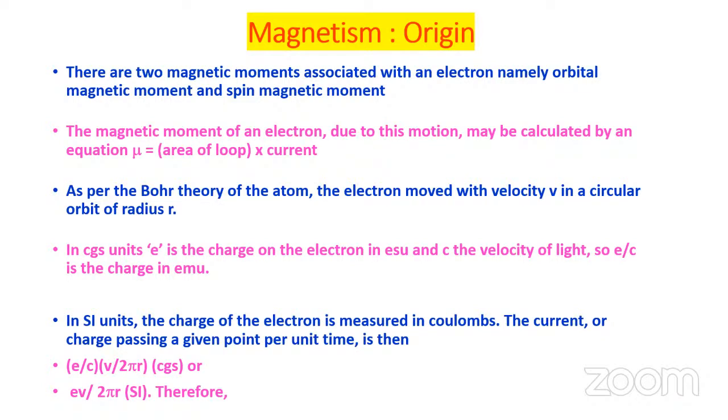Usually, it is calculated as area of the loop into current. As per the Bohr's theory of the atom, the electron moves with the velocity v in a circular orbit of radius r. Then, if you choose CGS units, this calculation tells you that the magnetic moment can be expressed as eV by c into 2πr. If you opt for CGS units, and it would be e into v by 2πr if you opt for the